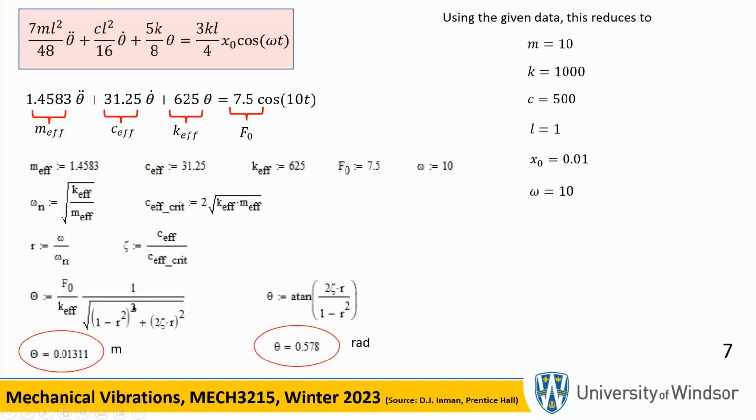You just plug in the values there. You need everything that you need. You get 0.03, 0.01311. This unit is wrong. This should be radians. Okay, this is wrong. This is not meter, radians. Okay. Yeah,